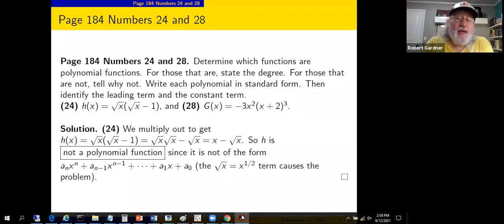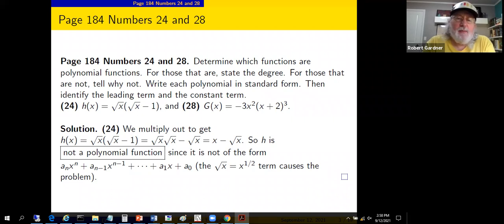h of x equals square root of x times square root of x minus 1. Is that a polynomial? Remember, polynomials have non-negative integer powers of x. X to the 1/2 is going to be a problem here. Let's go ahead and multiply out. If we take square root of x times the quantity square root of x minus 1, square root of x times square root of x minus the square root of x upon distribution, square root of x times square root of x is x itself. Of course, there's a restriction that x be non-negative